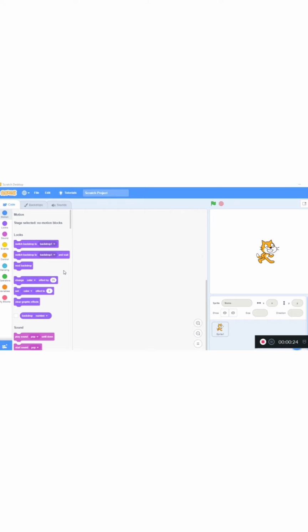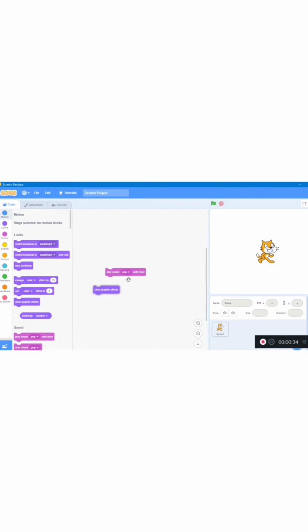The blocks connect to each other vertically like a jigsaw puzzle, where each data type has its own shape and a specially shaped slot for it to be inserted into, which prevents syntax errors. A series of connected blocks is called a script.